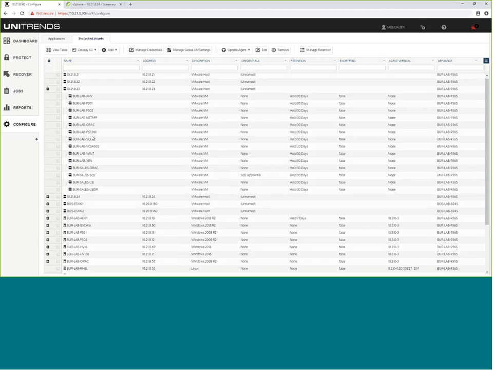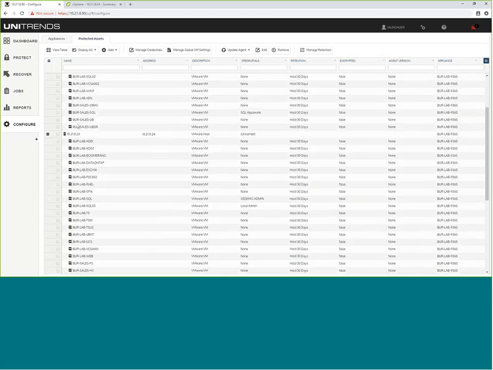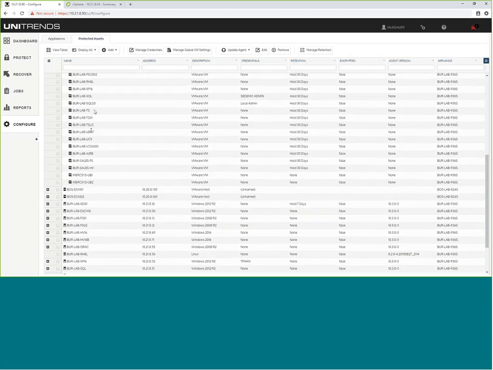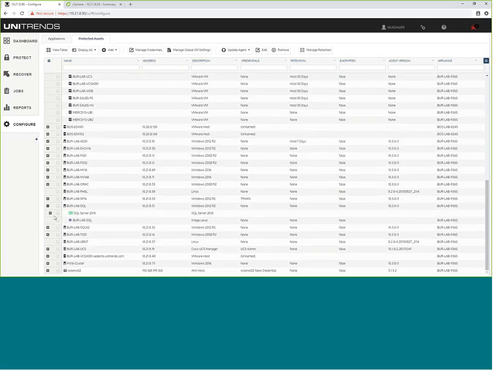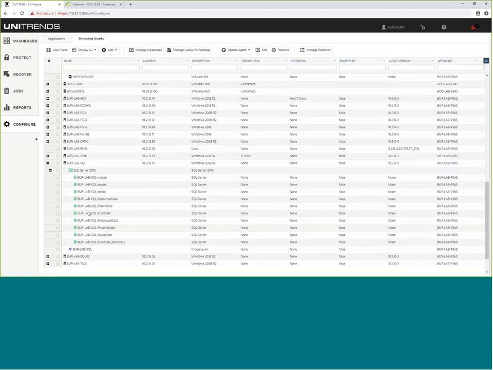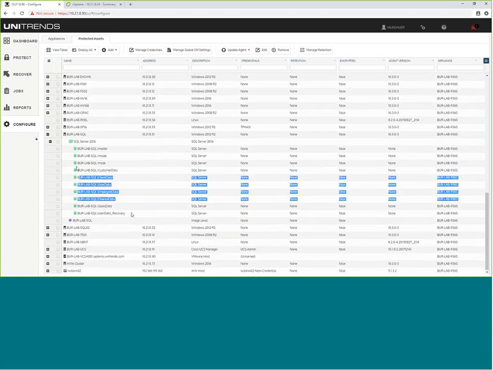So you can see here we have our SQL server that we've connected through the hypervisor for snapshotting. There are use cases where using an agent on a virtual machine could be helpful. For example, here's that same server that we've connected to with an agent, and our agent gives us the granularity and visibility into that system to do application native backup. So we're able to isolate that SQL server, that SQL data, and do per database transaction level backups on each individual database.